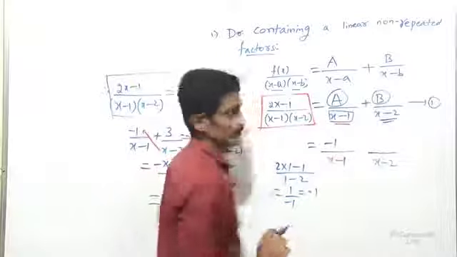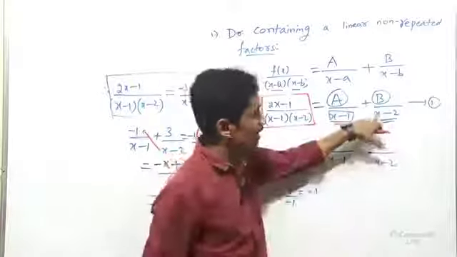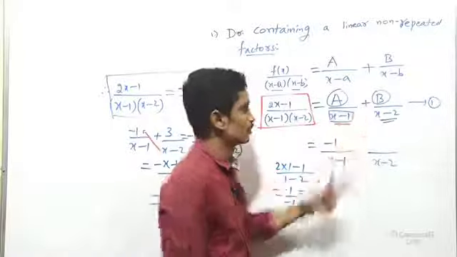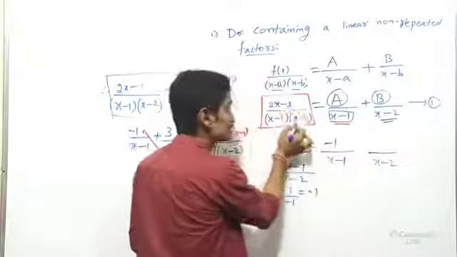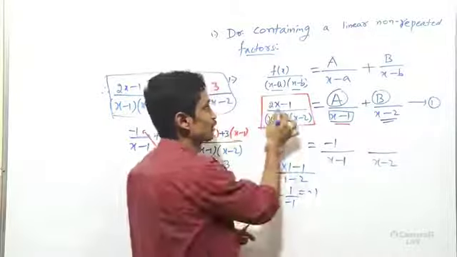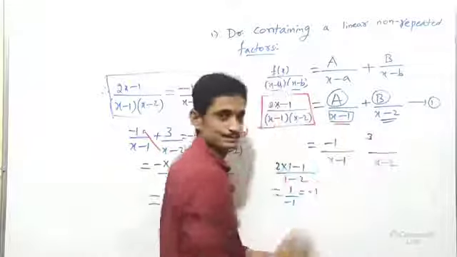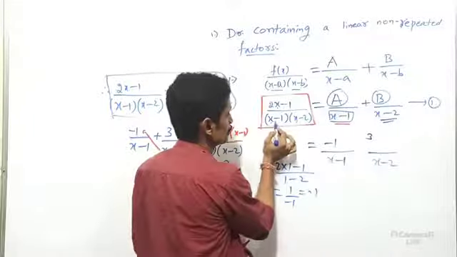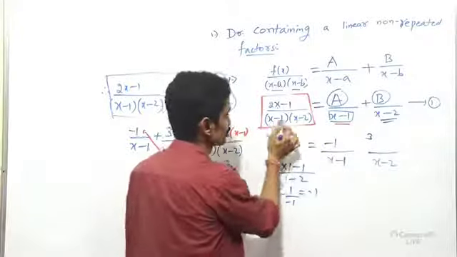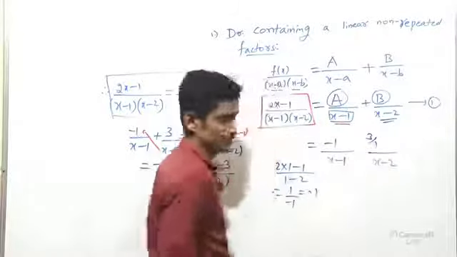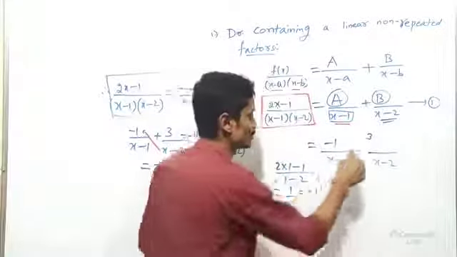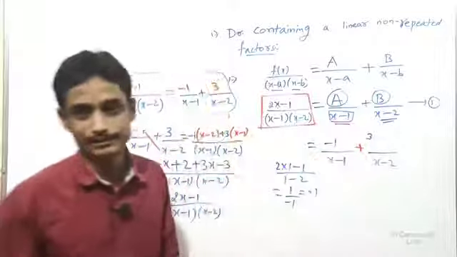Okay. How to get the value of B? What is the denominator? x minus 2. x minus 2 means the value of x will be 2. So here the value of x is 2. Except for x minus 2, the remaining part you take and calculate in your mind. 2 twos are 4, 4 minus 1 is 3. Next, here, what is the value? We substituted 2, so how much? 2 minus 1 is 1. The denominator is 1. Just we write 3 divided by 1 is 3. Since we got a positive value, keep the plus sign here.